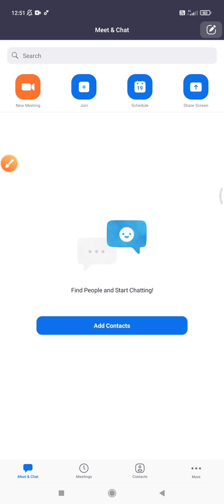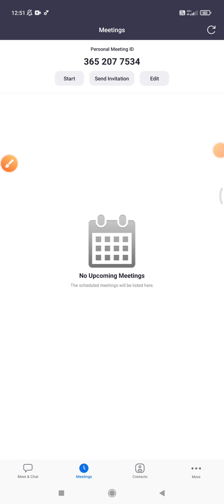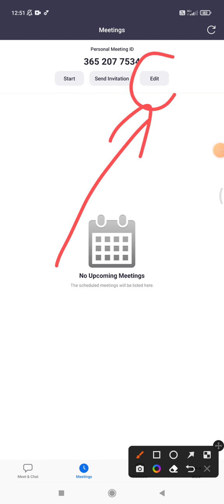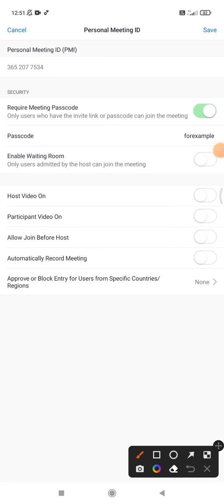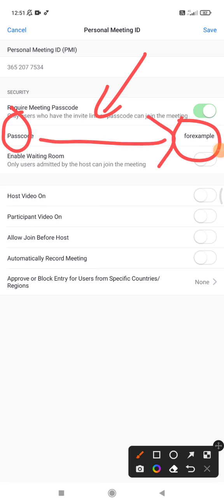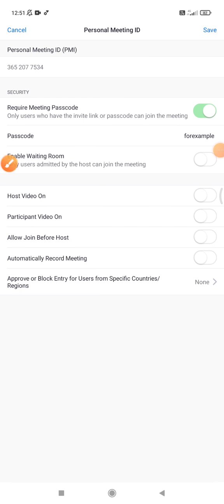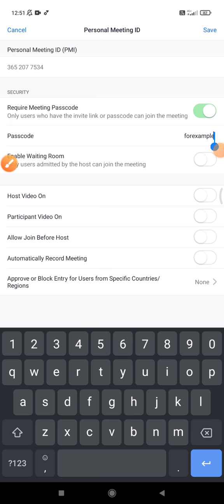So here I will try to open my own meetings. This is my own room, and here you can see there is an option of edit. Click that edit, and here you can see this is the passcode you can change. So I will change the passcode. For example, I want to change the passcode into